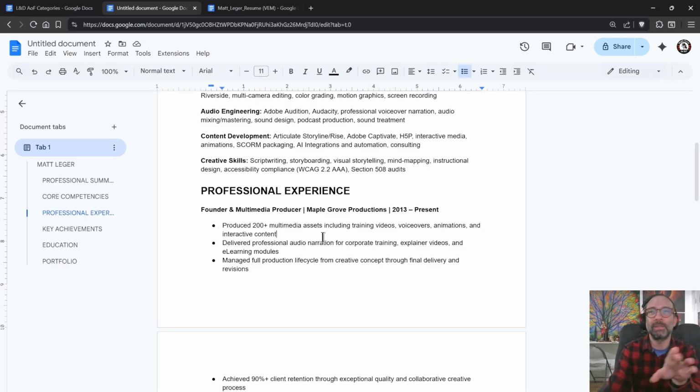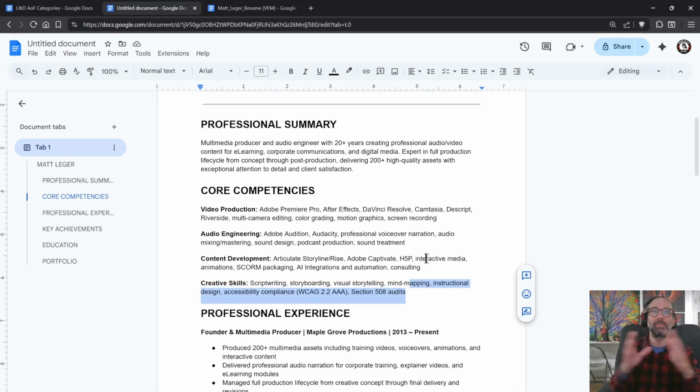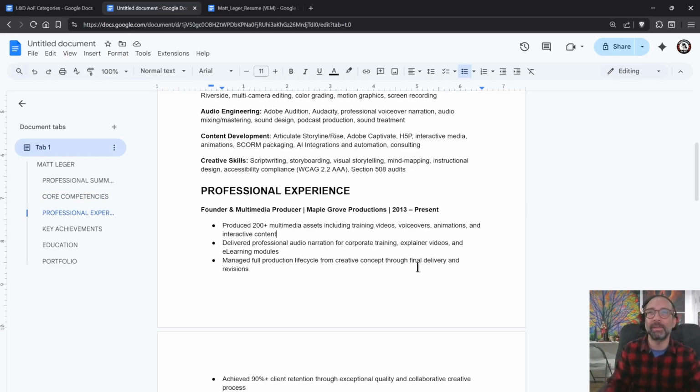Now, here's a design formatting sort of layout tip for you. If this word was not here and it was just interactive for some reason, like down here with revisions, that bugs me, because that's what we call an orphan word, and it just looks bad. You want to have at least 2 words down there, and preferably if you're going to have a second line, then use it, right? Just like we did up here. We added a couple more things. It filled it out nicely. It looks good. Looks balanced. For me, my eye, I don't like it. I like it to be nice and full and have value. If they want to read on, they can. They don't have to. But here, if they wanted to, they can't because it's just empty space. Do you know what I mean?